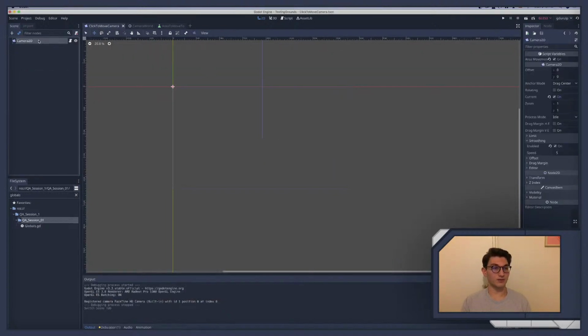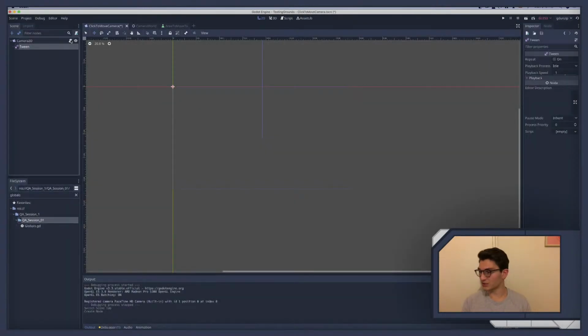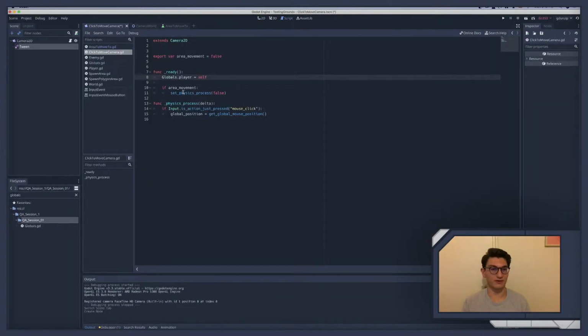Now, what we can do to make the movement a little smoother is add a tween. I think tweens are cool. If you don't know how to use tweens, this will definitely help you out considerably. And I'll make a function called move_to, okay, pass, and then we're going to be